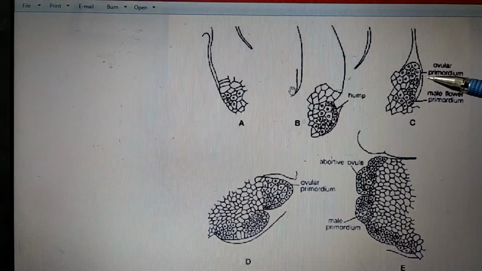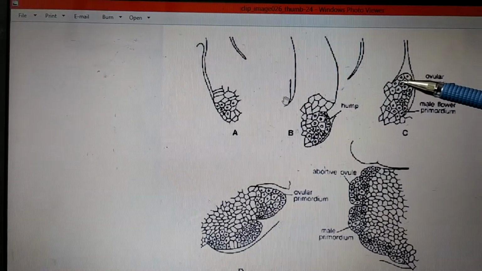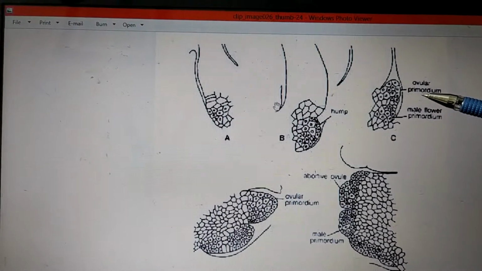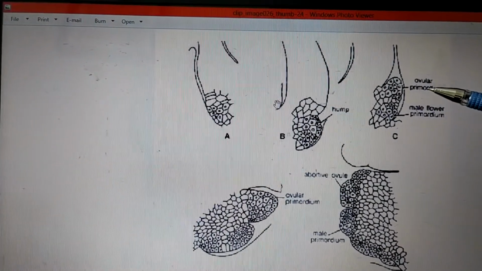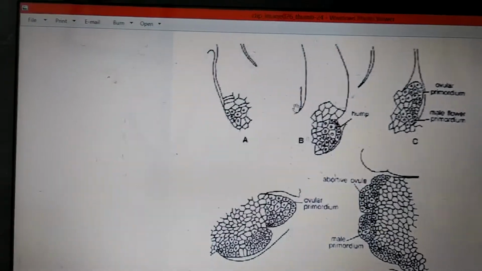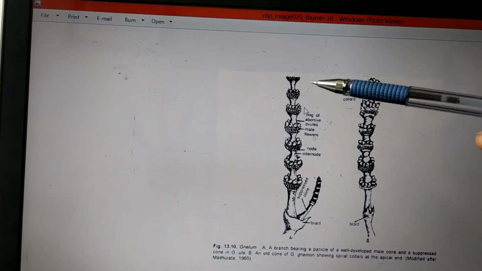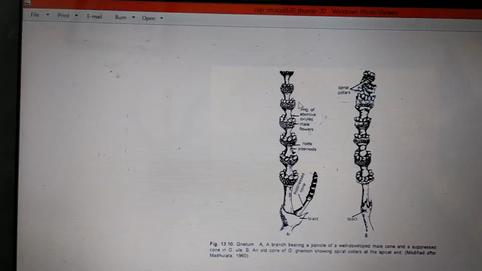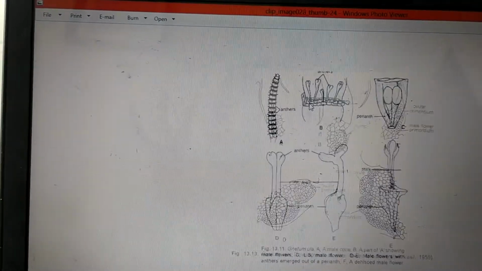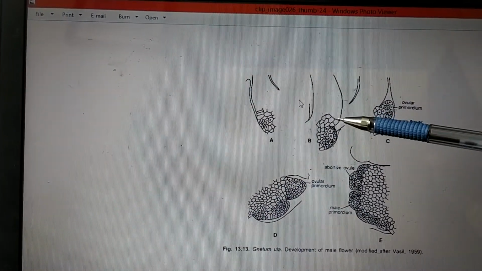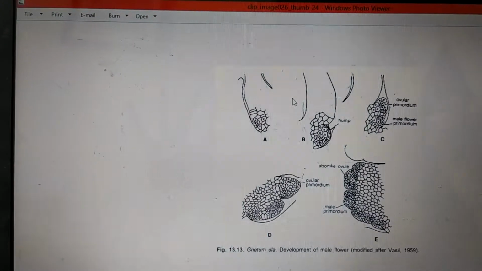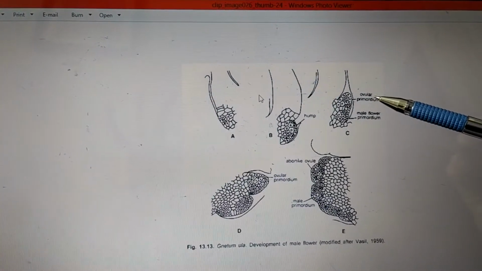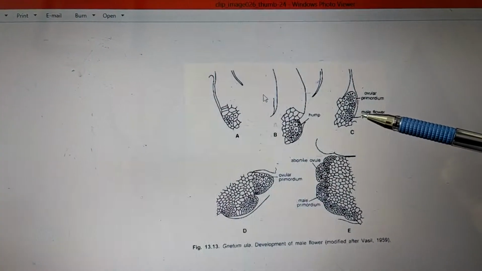The term primordium is used for a group of cells. So the upper part of this hump contains a group of cells which are going to differentiate themselves into ovules, or the imperfect females, which are sterile in nature. That is what we saw here. These abortive ovules are not going to produce any kind of flowers. They are completely sterile in nature. How are they originated? By this hump. The upper part of this hump is going to differentiate into ovule initials, which are going to form the sterile part of the upper region, whereas the lower region,